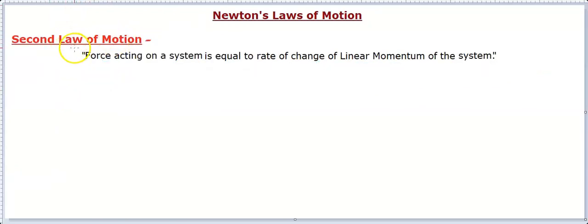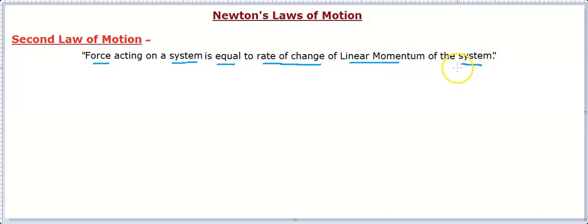Well, after learning this first law, let me state what the second law says. The first law basically talks about the relation between kinematics and dynamics. The second law will also be doing the same thing, but it is more precisely going to define force. So it will give us the definition of force. The second law statement can be written in this form: the force acting on a system is equal to, or can be defined as, the rate of change of linear momentum of that system.